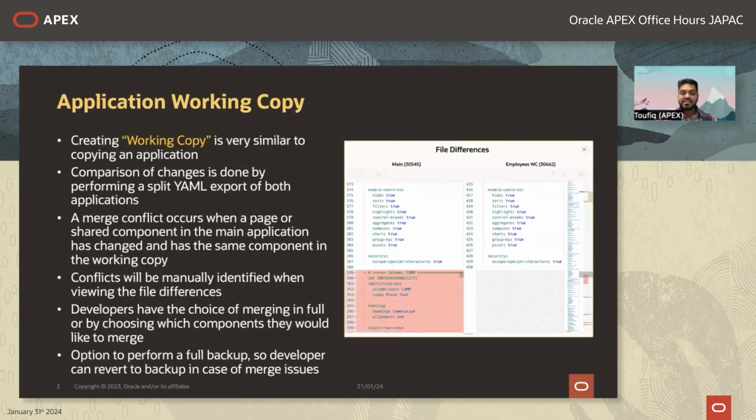Now, how exactly does this work? Creating a working copy is similar to creating a copy of an application. So if you're an Apex developer working with your Apex application, one of the ways you would do it is you would create a copy of the application, work on it, and then manually merge those changes, right? So application working copy makes it a lot easier. It is similar to creating a copy of an application, but on top of that, you also get a way to